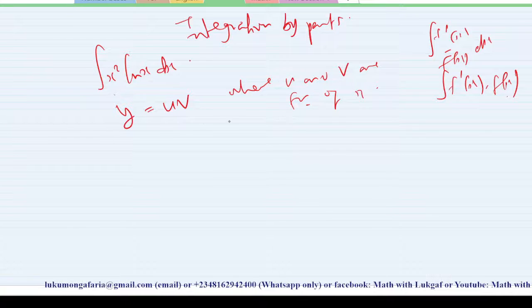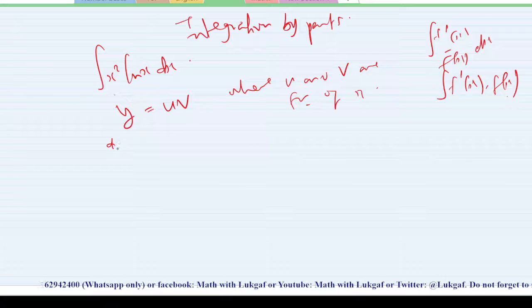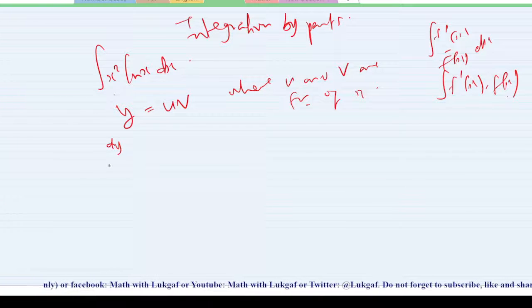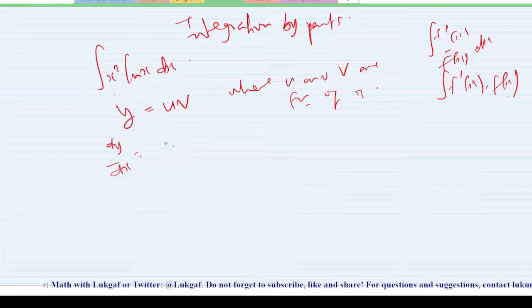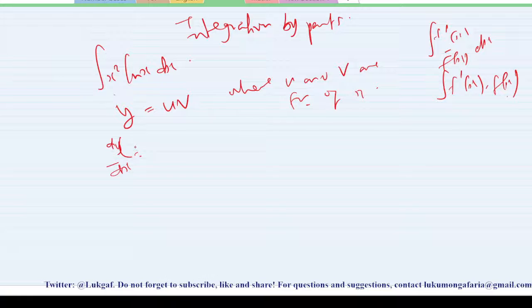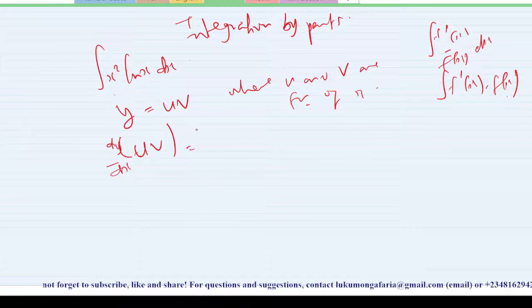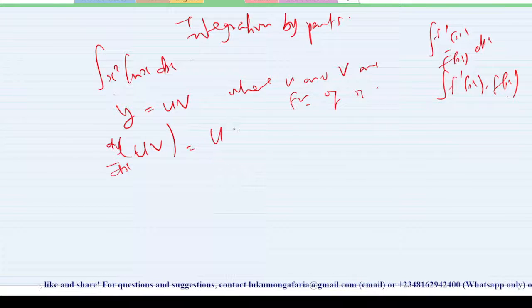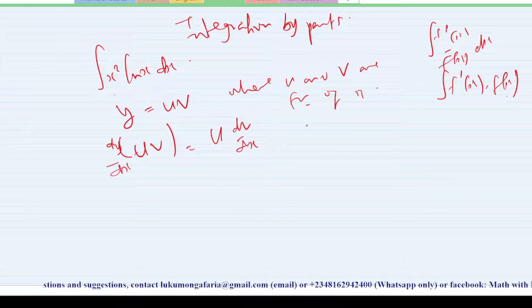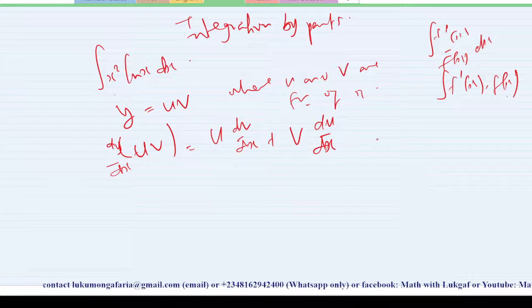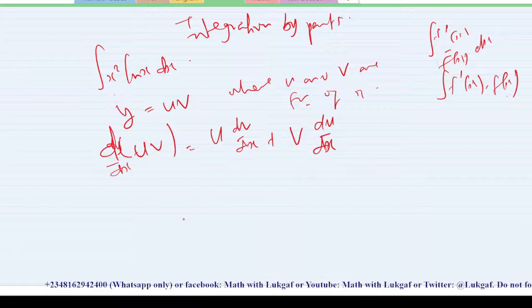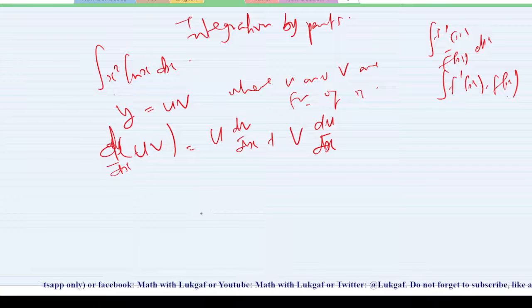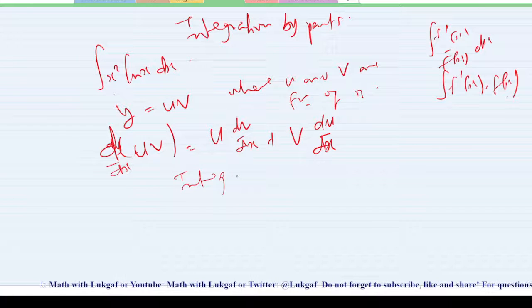Remember, from your product rule, if y is equal to uv, then if you differentiate both sides, dy/dx, which is the same thing as the derivative of uv, is the same thing as u dv/dx plus v du/dx. If you've forgotten this, please refer back to my video on the product rule. So, integrating both sides,